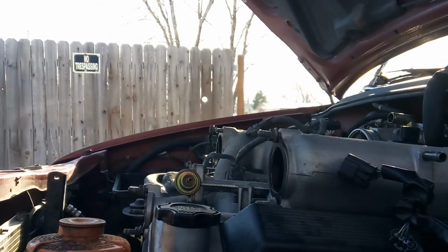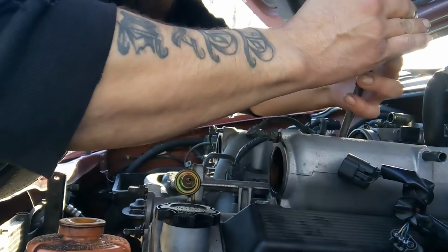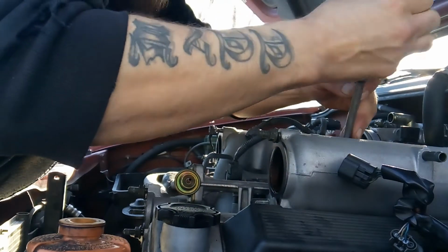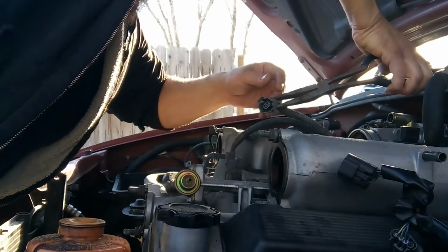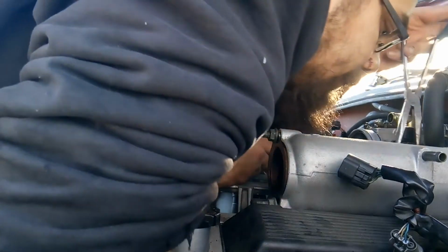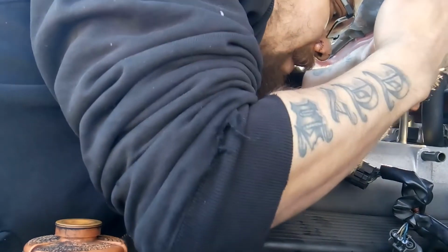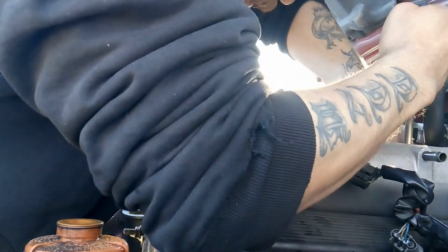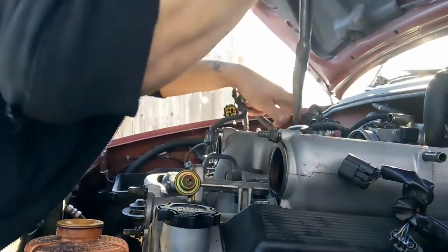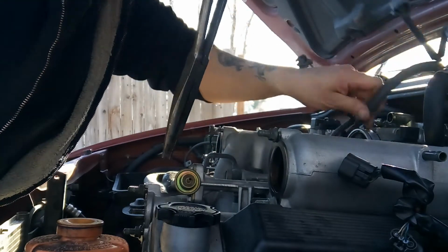Alright, so to get down in to these electrical connections so I can get this fuel rail out, I'm using a long pair of needle nose pliers to grip the plastic connectors and pull them out. Kind of like pulling teeth. Come on. There we go. 1, 2, and then last but not least,